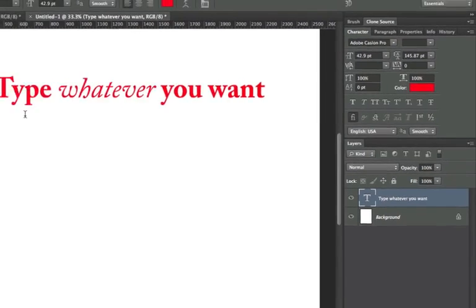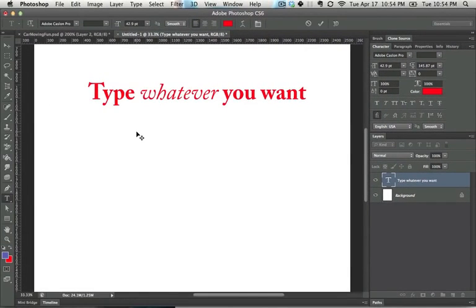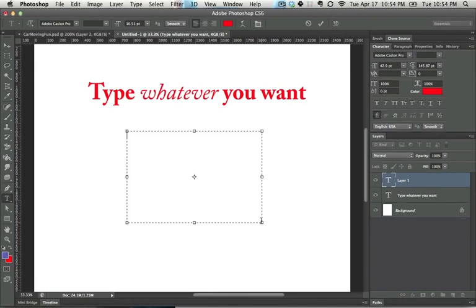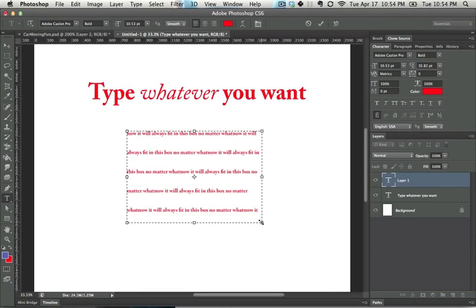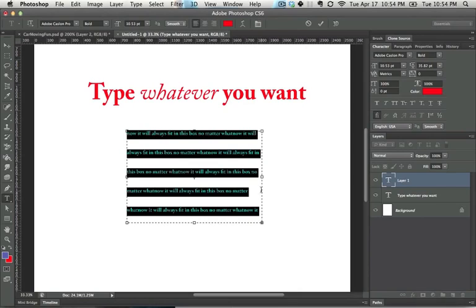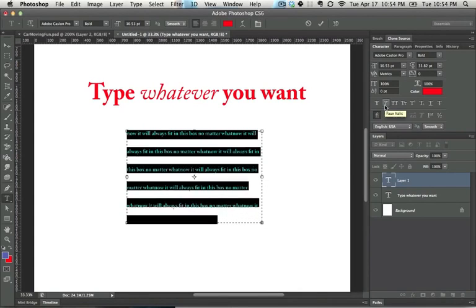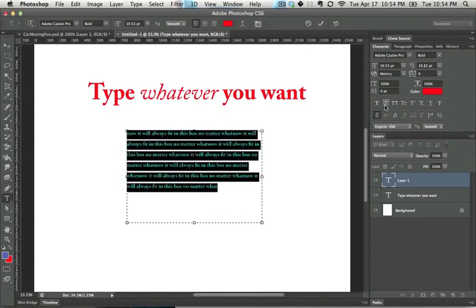The other way to create type is by clicking, escape, clicking when your cursor looks like this, and dragging, and now it will always fit in this box no matter what. So I'm just going to copy that and paste that a bunch of times, and it makes it so it fits in here. If I press Control A to select all, I can just Alt up arrow in order to